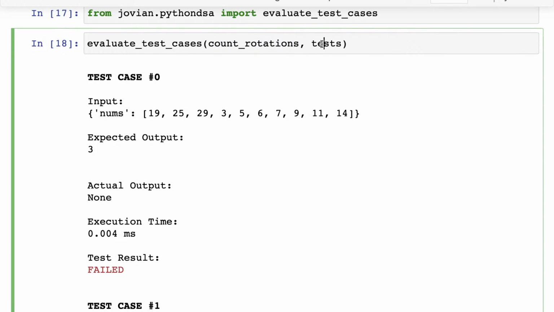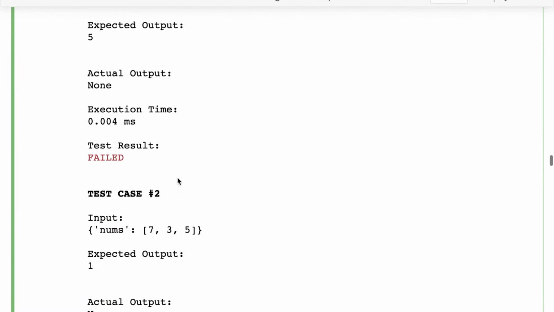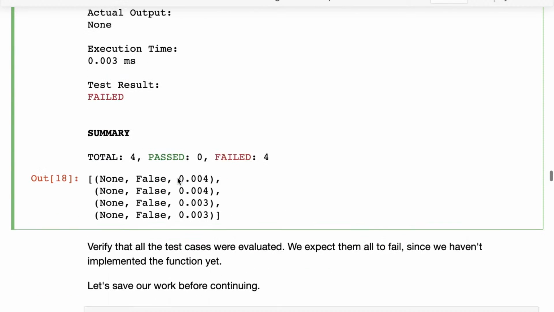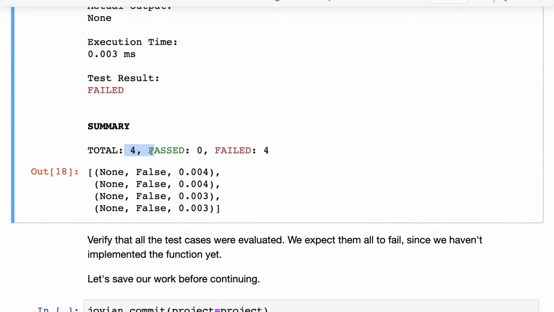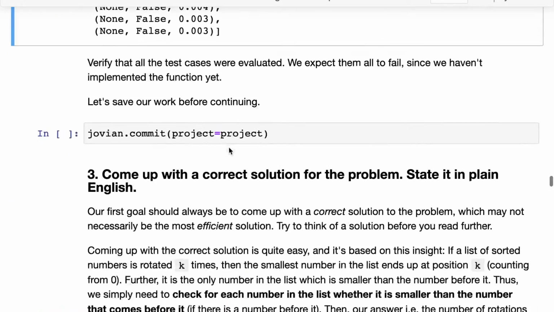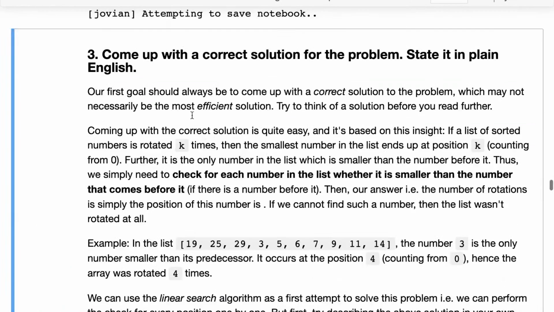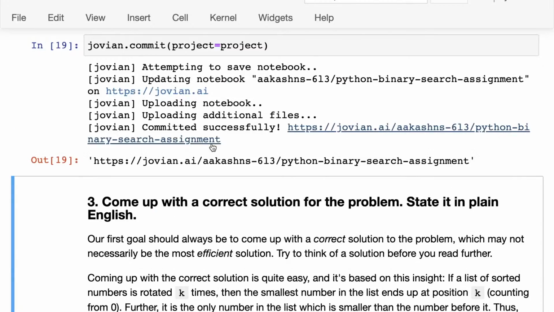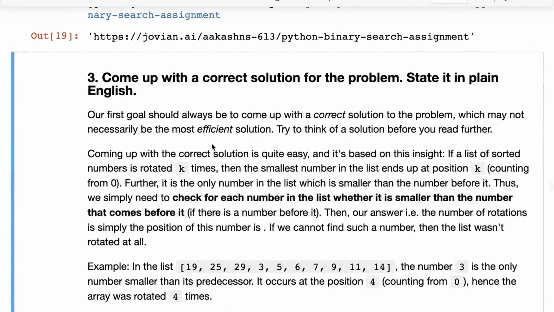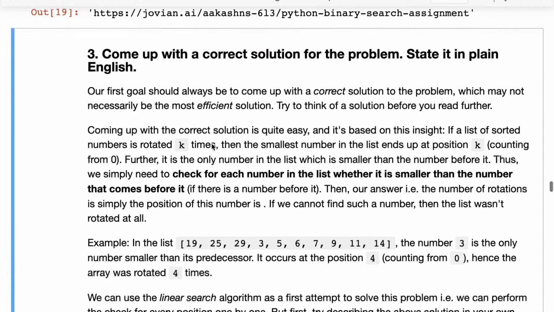Still, we don't have any logic in the function, so all the test cases should fail, in the list of test cases we've created. So you can see test cases 0 fails, 1 fails, 2 fails, 3 fails. So out of the 4 test cases, none of them have passed. No problem. We have completed step 2, which is to create some test cases, and we'll know once we've defined a function whether the function definition is correct.